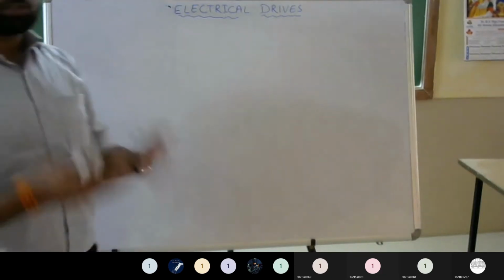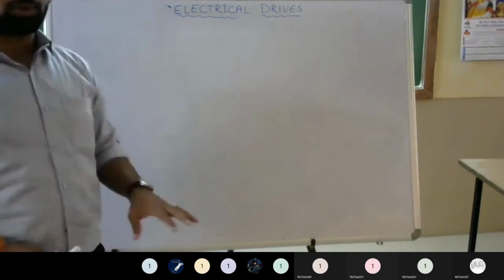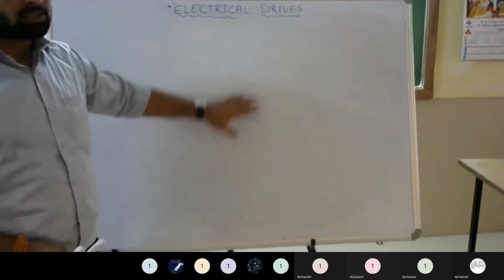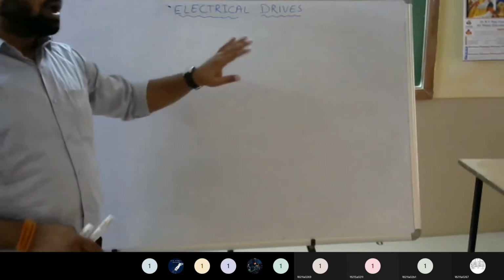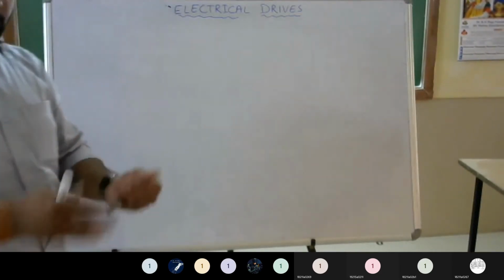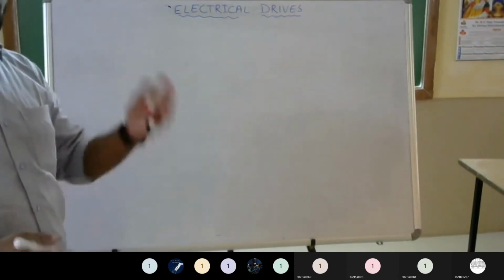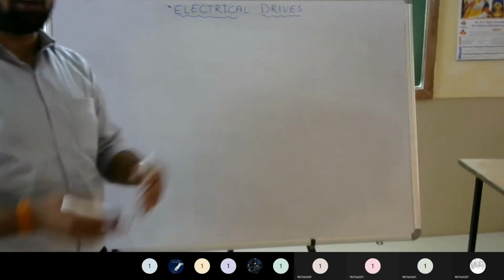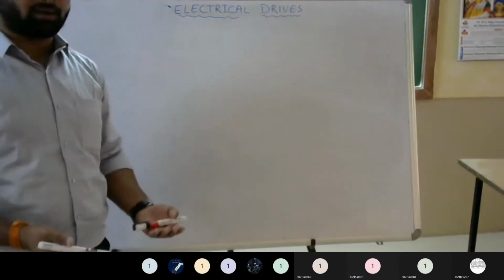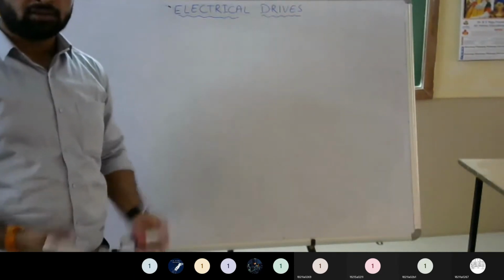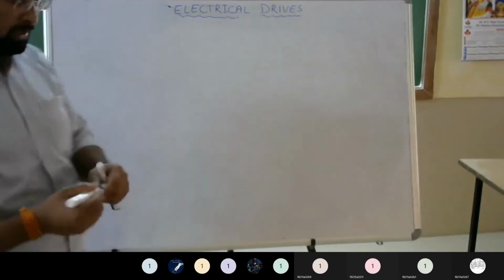Before going to the chapters, in this chapter, one more topic is left as an introduction. Suppose we consider the chapter as the introduction. When the motor is starting, and when it is motoring, another one is braking. So how does braking happen? What are the braking methods? How many types of braking are there? What is the meaning of braking? These are the things we will learn in today's class.